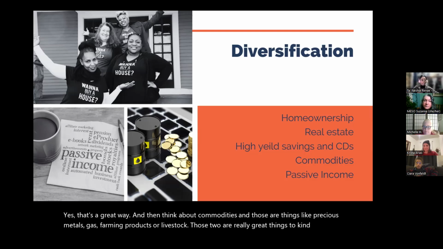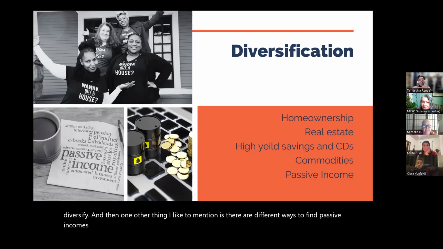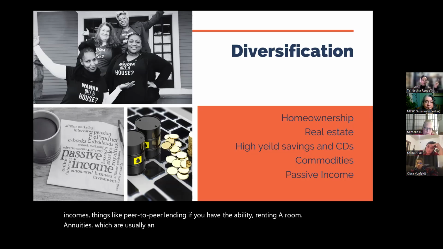And then one other thing I like to mention is, there are different ways to find passive income, things like peer-to-peer lending, if you have the ability, renting a room, annuities, which are usually an insurance-based investment, often used in retirement. There's also like an Amazon storefront, if you are an Amazon,